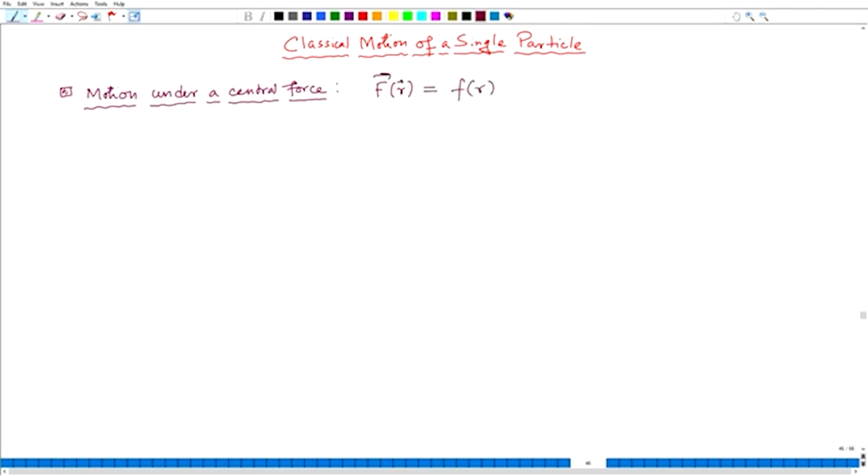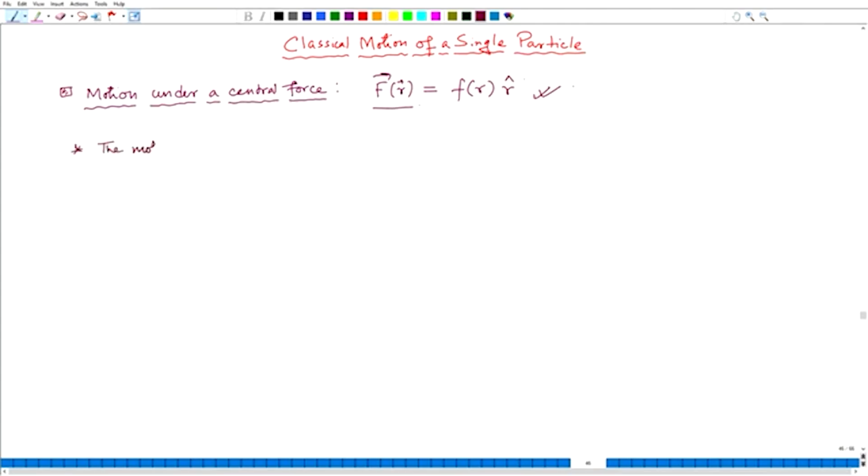which has this specific form, and we call that a central force, and we know that this is a curl-less force, this is a conservative force field, the total mechanical energy is conserved. This is also a force field where the total torque vanishes, that is why the angular momentum is conserved, and since the angular momentum is conserved, we also showed that